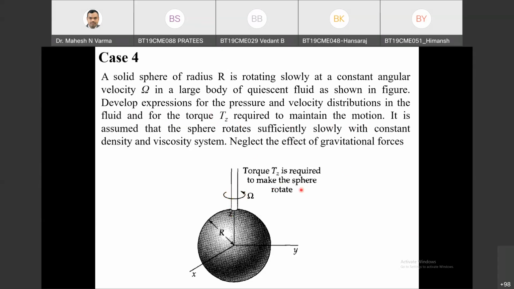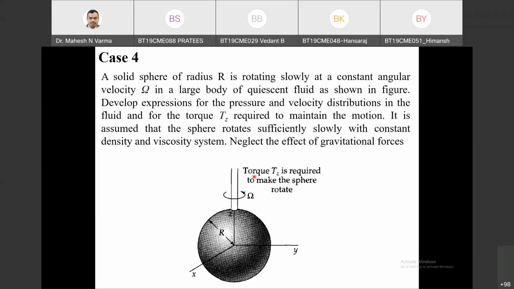Some torque needs to be applied because the fluid present here will be exerting resistance to flow. That opposite force needs to be provided so that there will be constant velocity